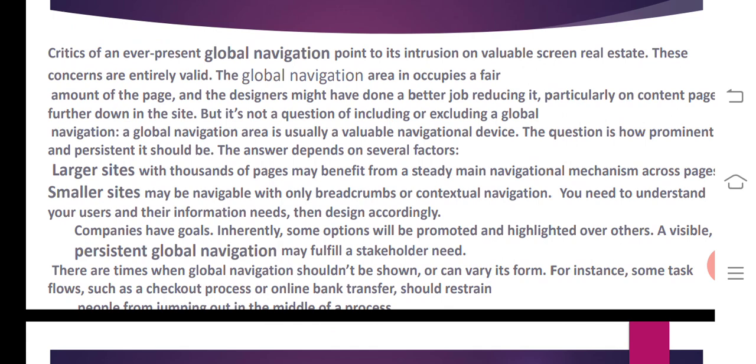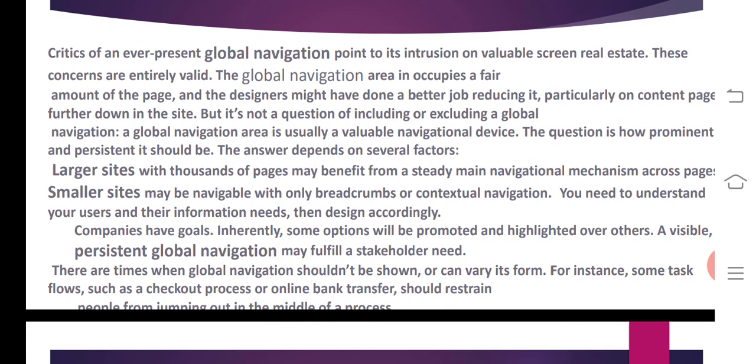The global navigation area is usually a valuable navigation device. The question of how prominent and persistent it should be depends on several factors: a large site or a small site. Sites with thousands of pages may benefit from a steady main navigation mechanism across the pages.